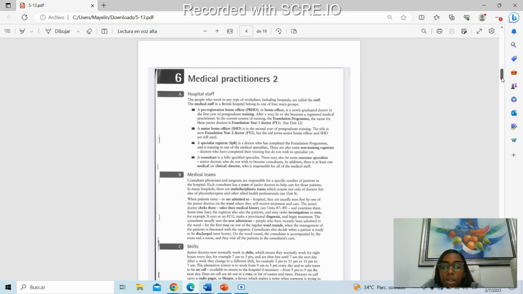Staff, hospital staff: the people who work in any type of workplace, including hospital and college staff. The medical staff in British hospitals belong to one of four main groups. A pre-registration house officer (PRHO) or house officer is a newly graduated doctor in the first year of graduate training. After a year, she becomes a registered medical practitioner. In the current system of training, the foundation program,